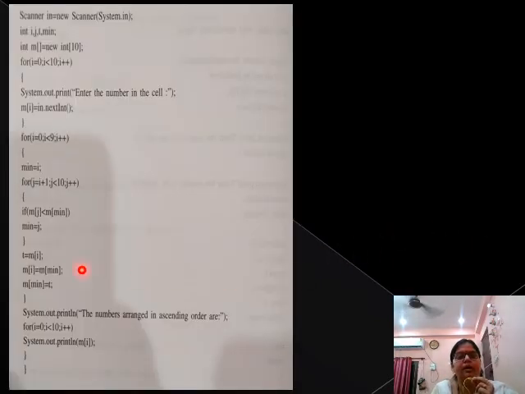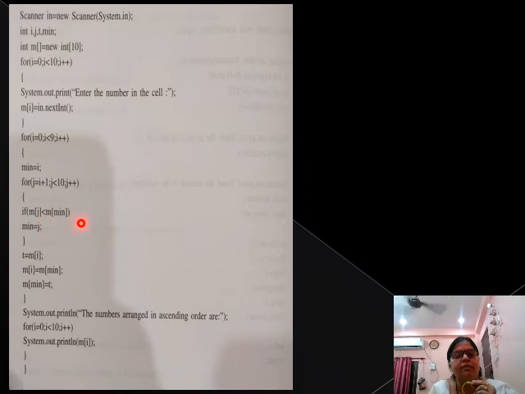Here we have declared an array. Assume a class. Then we have used the scanner to input an array. We have found min I. Then we have checked, found the minimum number here, and done the swapping. First we take min I at each and every position. This is the outer loop, this is the inner loop. The inner loop will work from I plus 1, because it is not necessary to compare I with I; we are taking the adjoining number. So j will work from I plus 1. It is your inner loop.